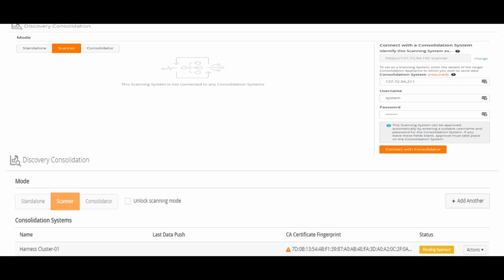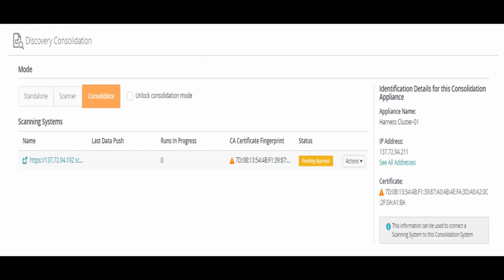Then once you get more scanners, similarly you can connect them to the consolidators. Then scanners can be designated as discovery for the respective areas. They will take care of the respective areas' discovery, and once the discovery is done, they will move the data to the consolidator, and then the consolidator will give us an overview picture or the overall discovery of the entire organization. So this is the main aim of doing a consolidation